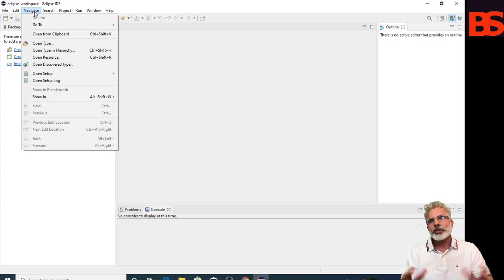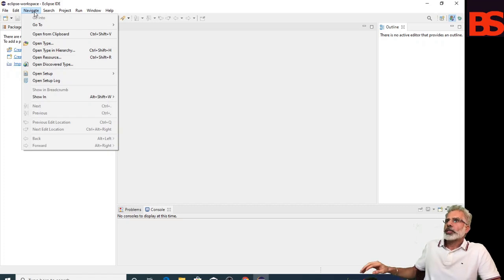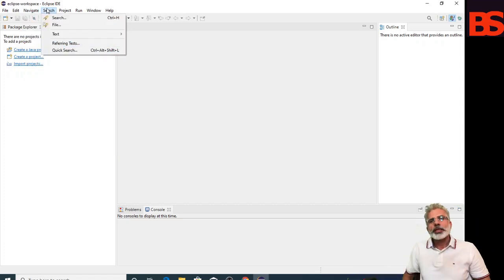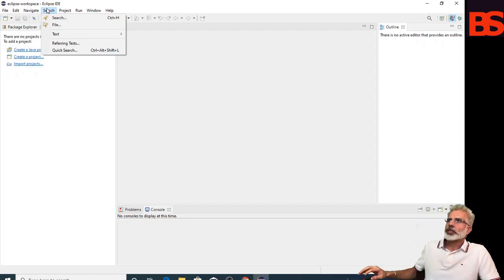The navigate menu allows you to quickly locate resources and navigate to items in the workspace. Okay, and the search menu presents items that allow you to search the workspace for files that contain specific data. You can search the workspace according to the name of the file and according to the content of the file.